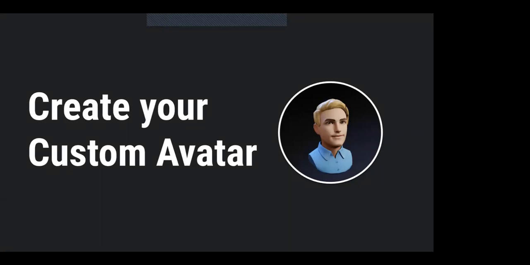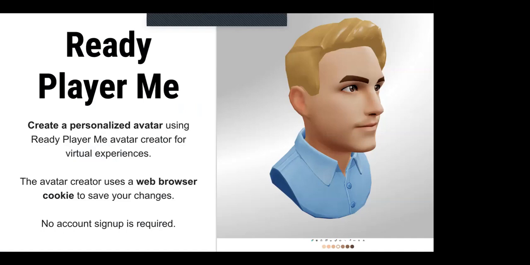This is creating your own custom avatar. So today we're going to do an activity. We're going to ask you to go to the ReadyPlayerMe website. This is a website that has an avatar creator program that you can use to create your own personalized avatar. You should know that you do not need to sign up for an account. You don't have to provide any information. This also will remember you. It uses a web browser cookie, so you can return here later and continue to make changes. So if you bookmark this in your web browser, you'll be able to come back later and make changes. So you don't have to create an account today. Very easy for everybody to get to, hopefully, and play along.